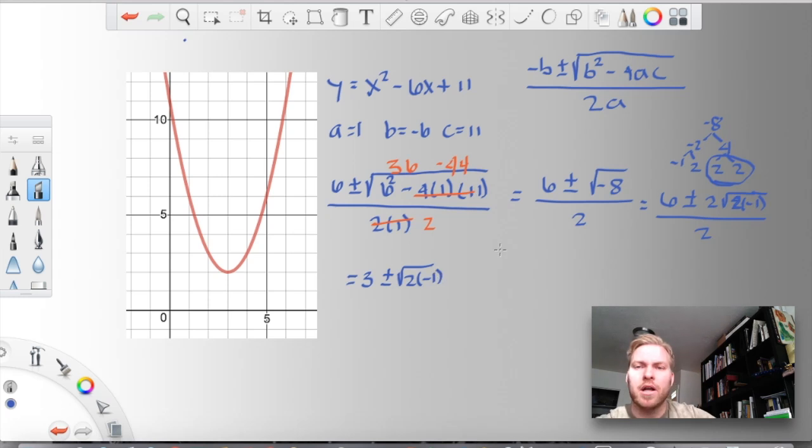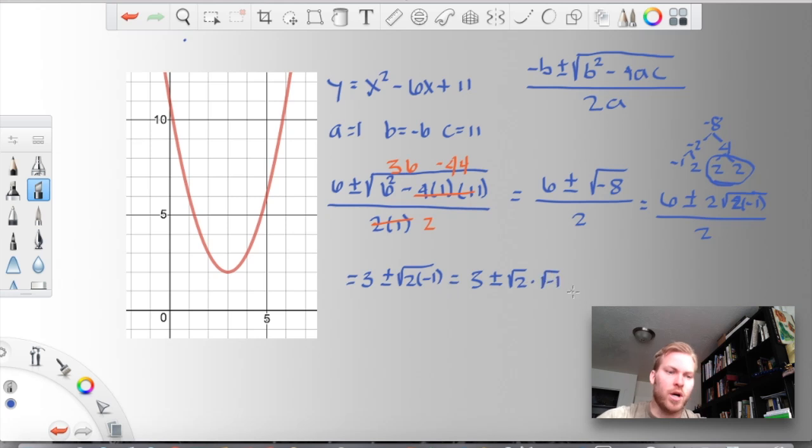If you guys remember from our discussion on exponents and what we can do with exponents, realistically what we have here is an exponent on the outside with two numbers being multiplied on the inside. If you remember, I think it was rule number 5 or something like that, just the distributive property of exponents. I can just distribute this square root sign through to both of these pieces. So we can rewrite this now as 3 plus or minus the square root of 2 times the square root